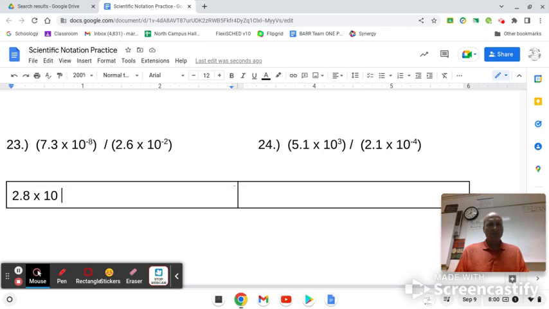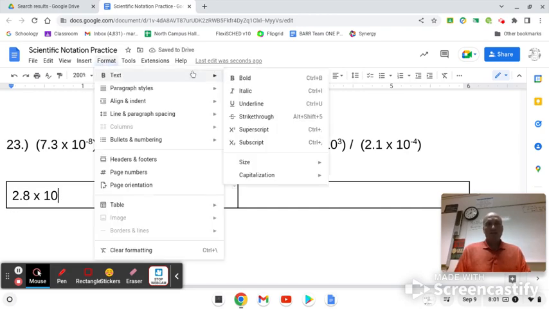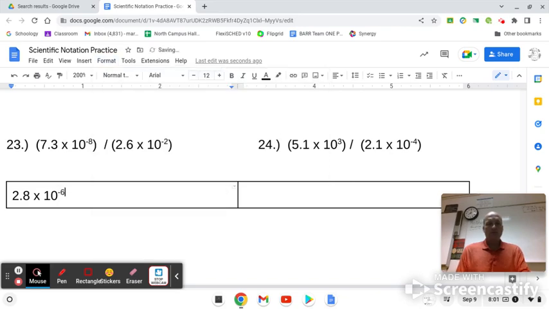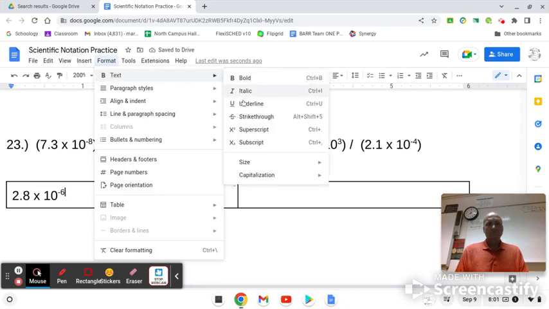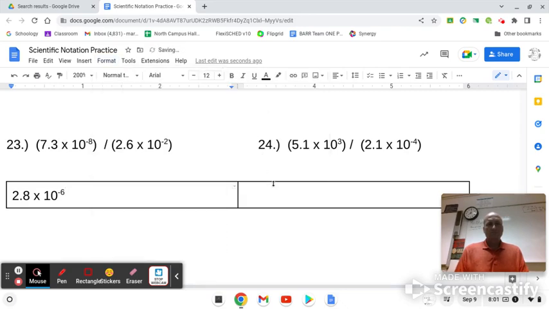So negative 8 minus negative 2 is actually negative 8 plus 2. So that's going to give me negative 6. And this one turns out that number in front is between 1 and 10, so I don't need to move the decimal. Number 24,